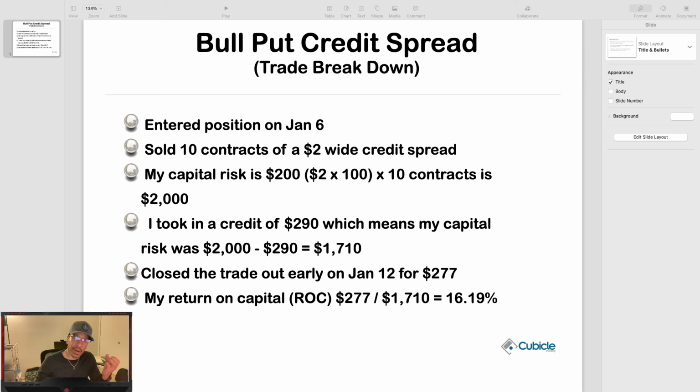So that's the power of options. You don't have to actually buy stock to make money, as long as you understand how to trade options, and it also doesn't require a large amount of capital. Once you learn how to trade options, you can make these kinds of returns in a short period of time.